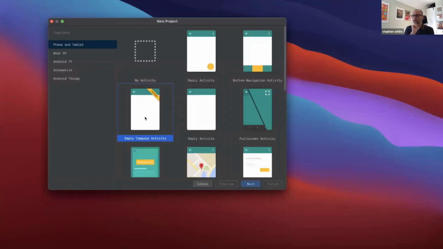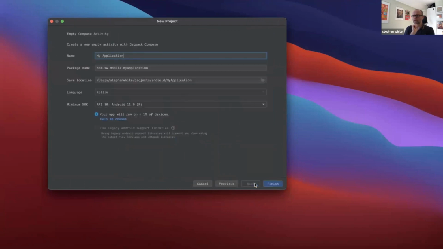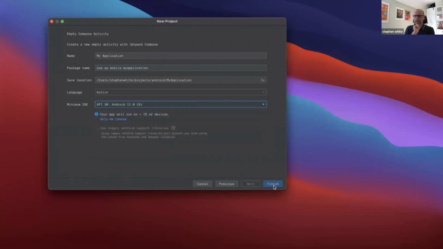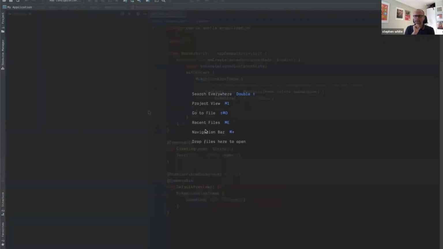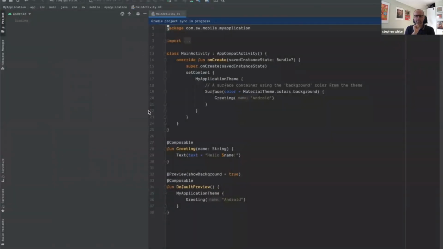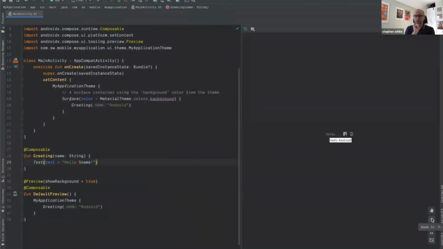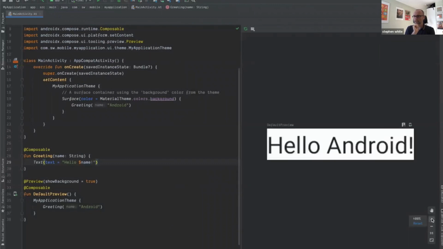You choose empty compose activity, give it a name, and then you can choose your API. And Jetpack Compose actually goes back to API 21, which gives you about 80 to 90% of device coverage, which is really cool. So it's not something that will just run on really modern flashy devices, but will run on old devices as well. So here you can see that in Android Studio,